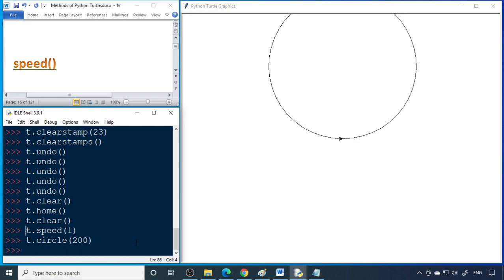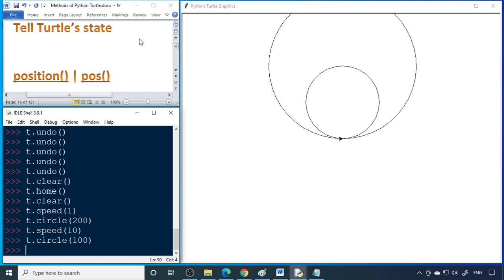Now you can say speed 10. So circle, now it's 100, radius is 100. So it quickly writes. So those are the two different speeds actually. So based on your speed requirement, you can specify what speed the cursor has to move.